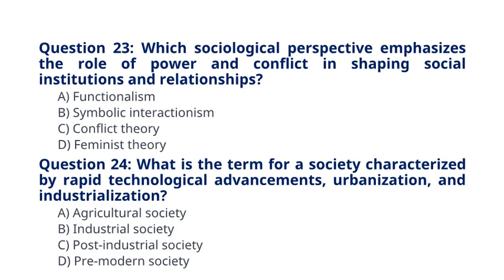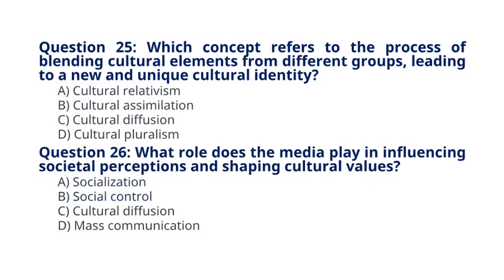A. Agricultural society. B. Industrial society. C. Post-industrial society. D. Pre-modern society. The correct answer for question 24 is option B. Industrial society. Question 25. Which concept refers to the process of blending cultural elements from different groups, leading to a